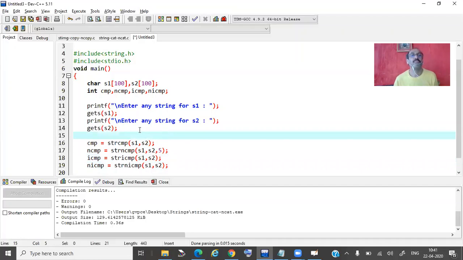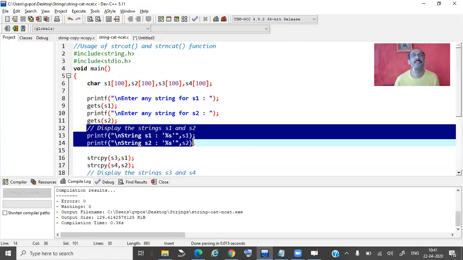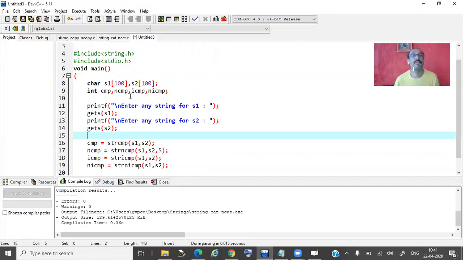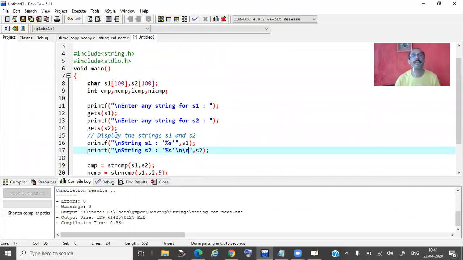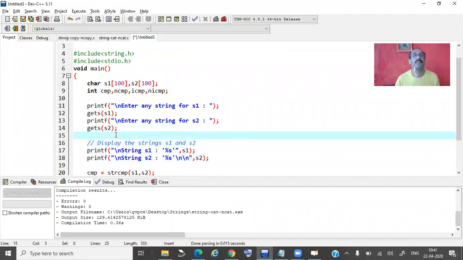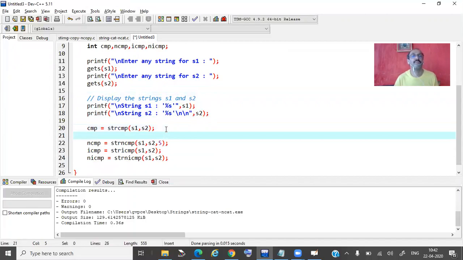Before doing all these comparisons, I'll print the strings. I'll not copy, I'll just print the strings. Printing the string of s1 and the string of s2. Now after this, I'll write printf with a newline,